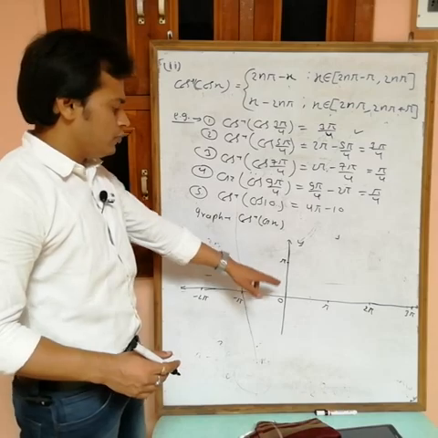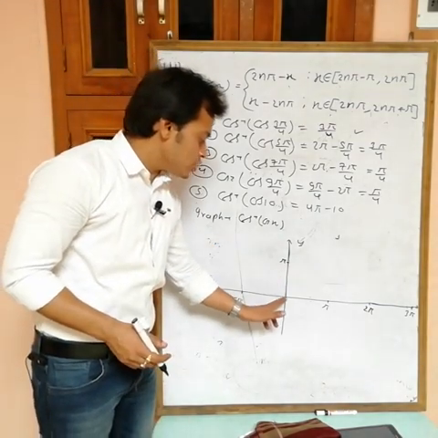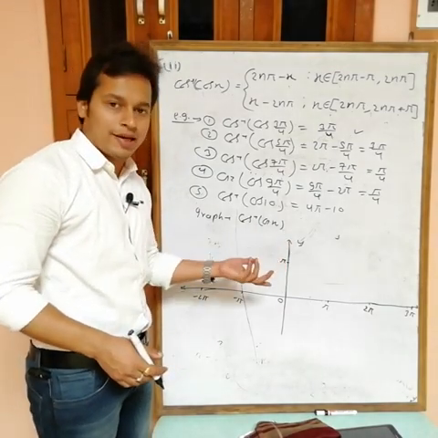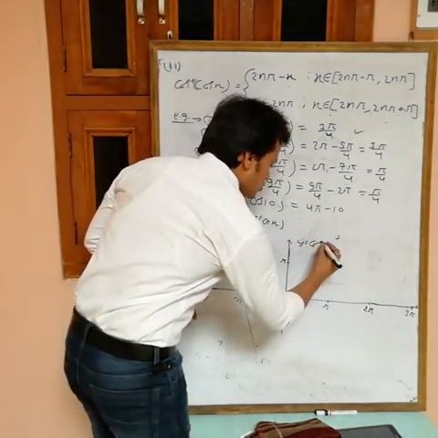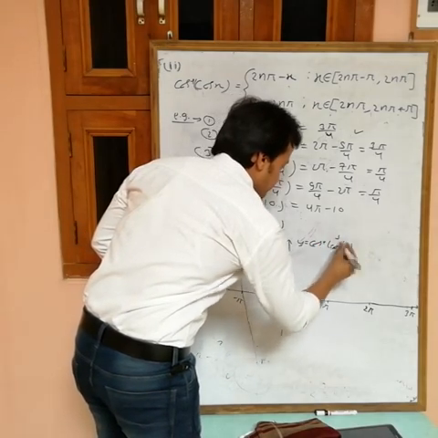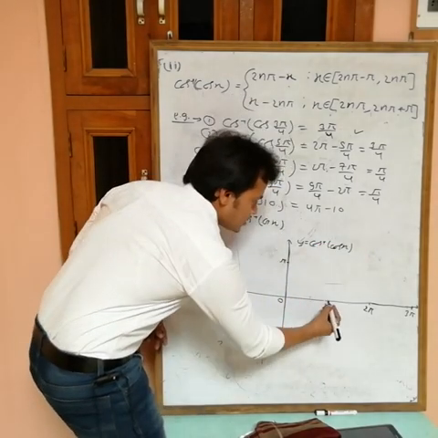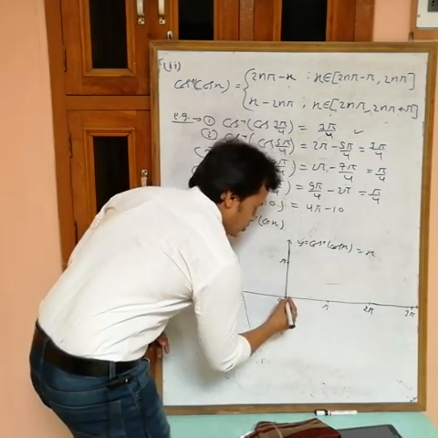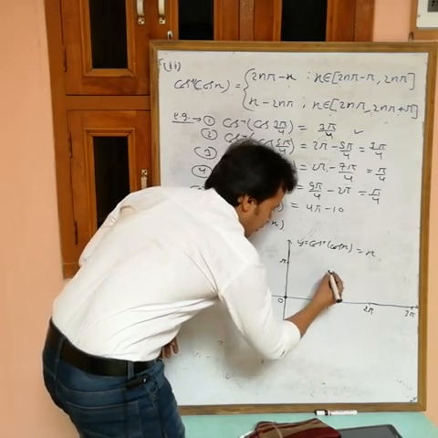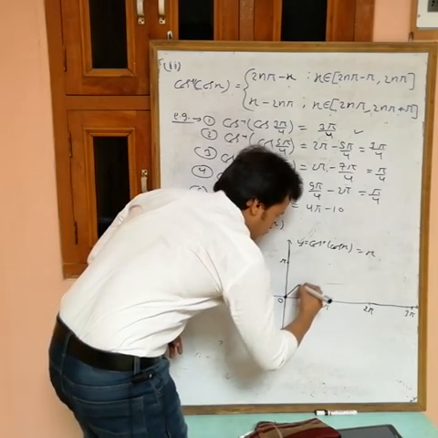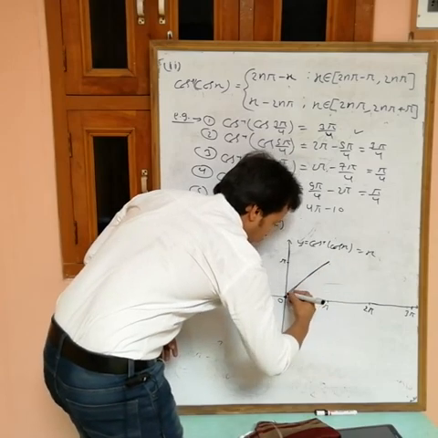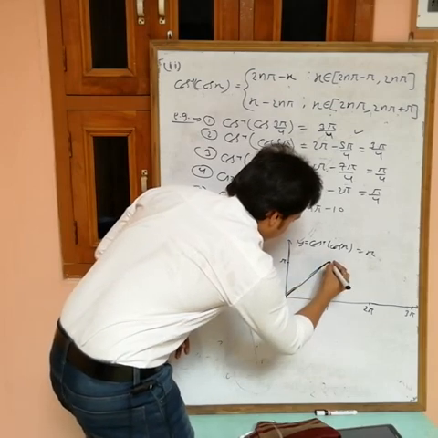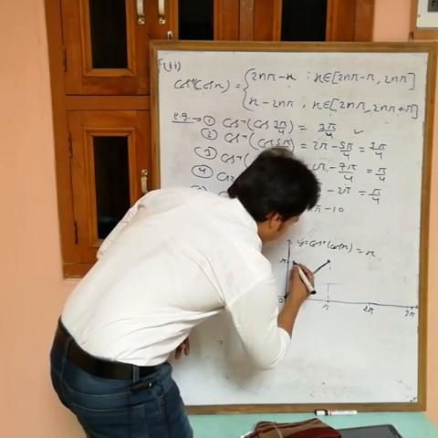The range of cos inverse is 0 to pi. So if x lies from 0 to pi, then we can cancel out, and the value of this one is x. I am drawing the graph of y equals cos inverse of cos x. If x lies in this interval, then canceling out, what we get is x. Then draw the graph of x. If you put 0, then 0. If you put pi, then we get pi. So this is the straight line, 0 to pi.